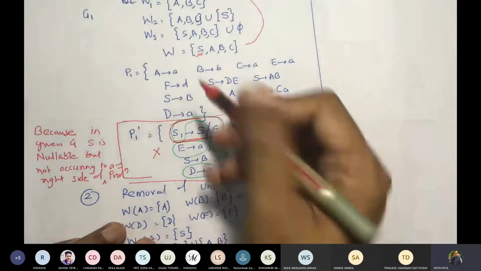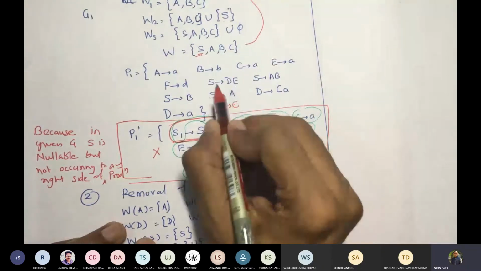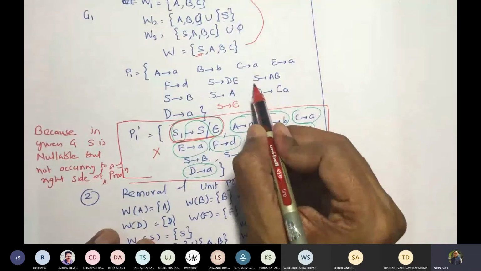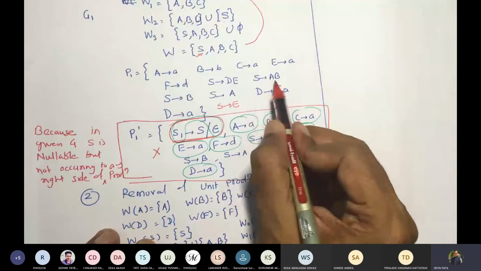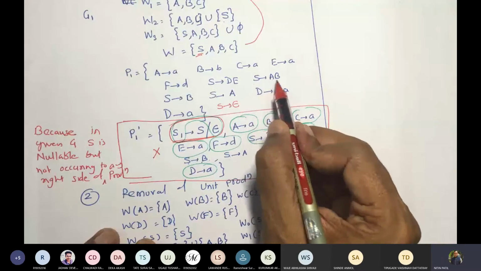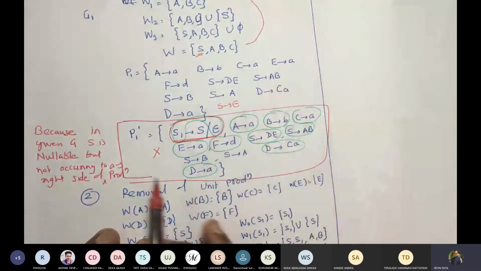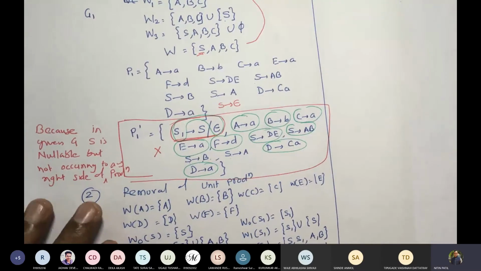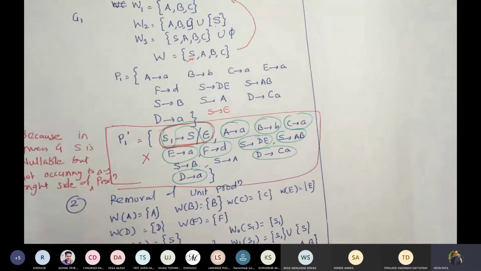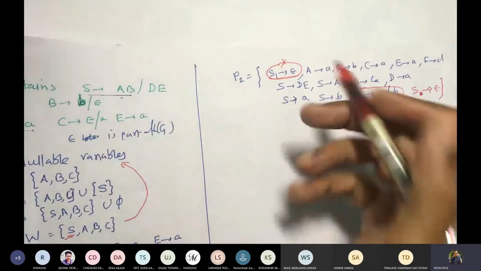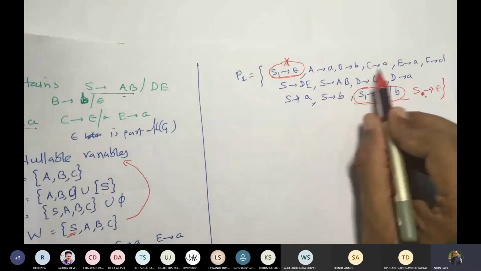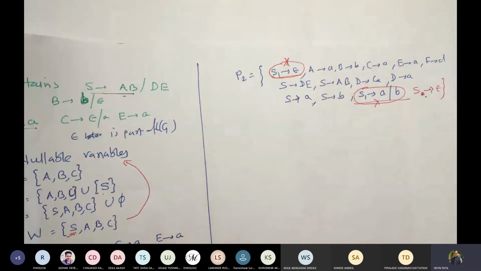This is to be done only when this S is occurring on the right side of a production, I mean to say this side. For production A gives, suppose, alpha, if S is occurring in alpha, then only this is to be introduced. Right? And this is a mistake I have mostly seen when students solve the problems. Understood now why we did this? We are not going to take this production, but we will keep this production as S is not occurring on the right side. Otherwise, your language will vanish.